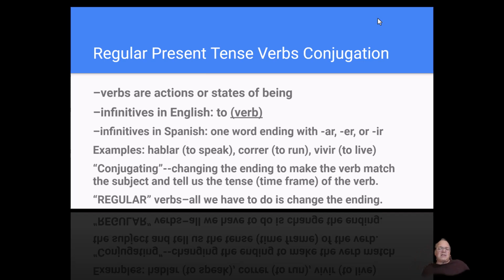Now we've got to know what this is, because if I want to look up a verb in Spanish in the dictionary or on a vocabulary list or in a glossary or something, I've got to know how to take that verb back to its infinitive form in order to be able to look it up. Let's say I have a sentence. I want to just say, I thought you were coming yesterday. Well, let's say I want to look up that verb. Well, I'm not going to look the word thought up in the dictionary. The word thought is a past tense verb. I've got to look up to think,